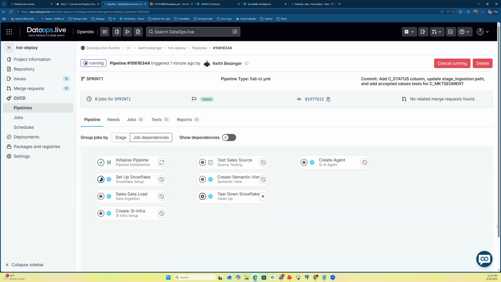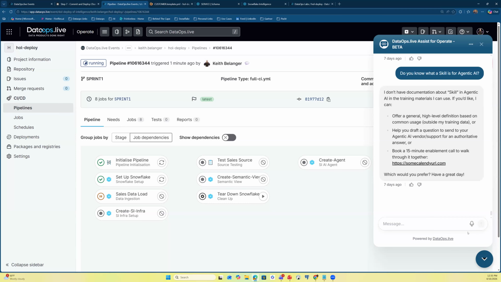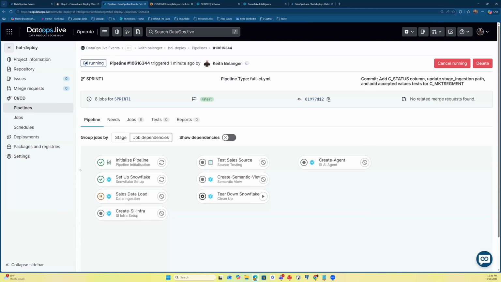We also have, while this is going off to the lower right-hand corner, you see this. This is also part of our AI capabilities, which you can just ask any questions about how to do something in DataOps, and you can have that fun interaction with our agent here. So it looks like the